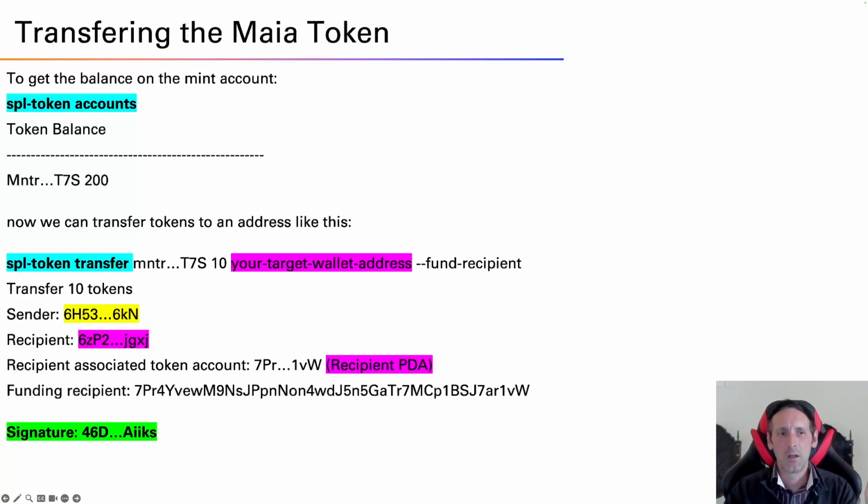So when you run this, this is the output that you see. You see transfer 10 tokens, great, that's what we wanted. Sender, it's the same address, it's the account address that was generated automatically earlier when you created the token account. The recipient, so this is the wallet address that you specify here, so that's why I've put it in the same purple color to make it easy to understand. Recipient associated token account, so this is the